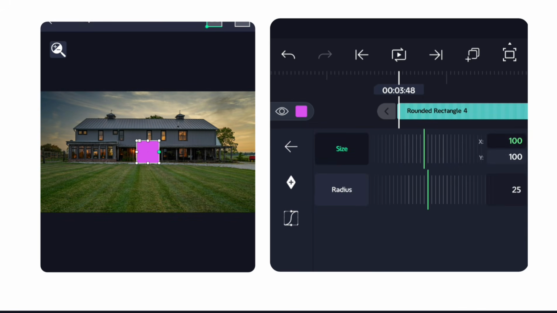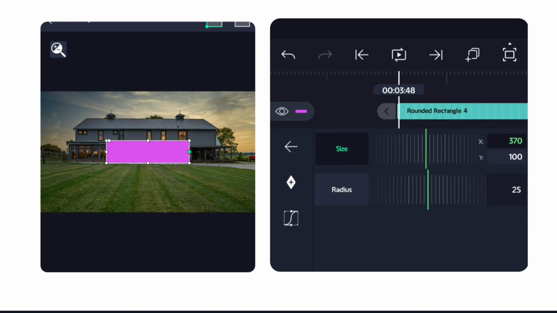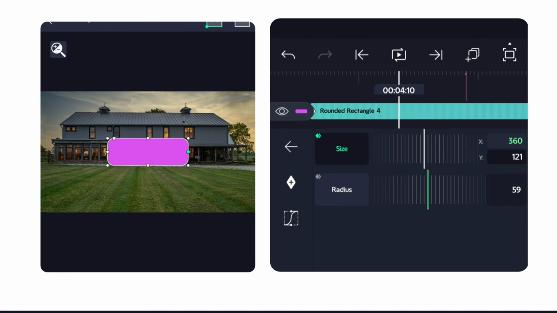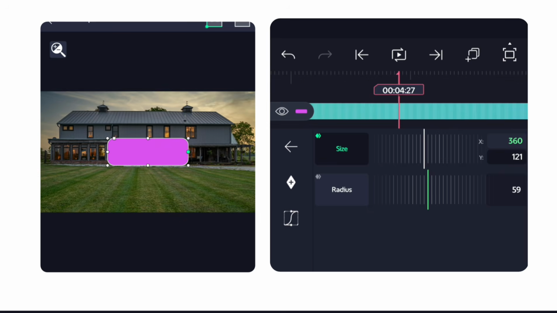After that, add a shape layer. Set the X value to 360 and the Y value to 121. Now increase the radius until you get smooth edges, just like the ones shown on the screen. Next, add the keyframes to the shape layer exactly as shown on the screen. Once you're done,